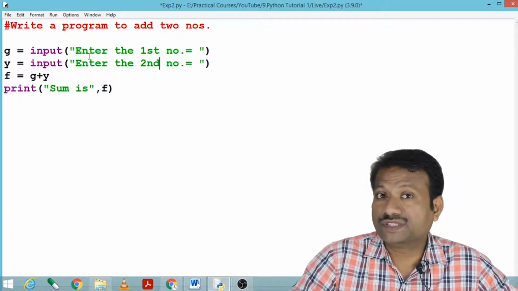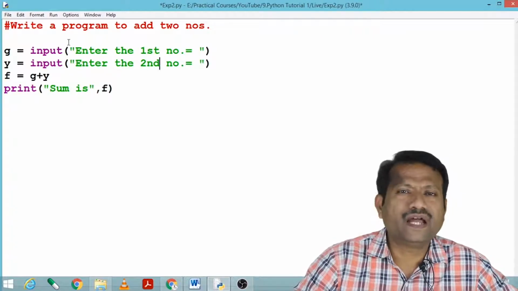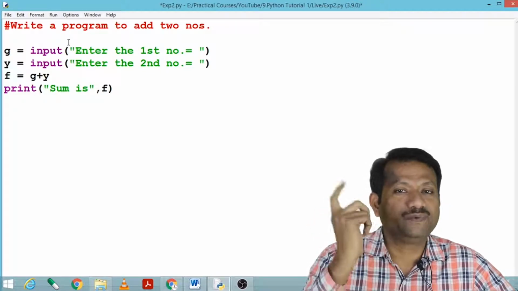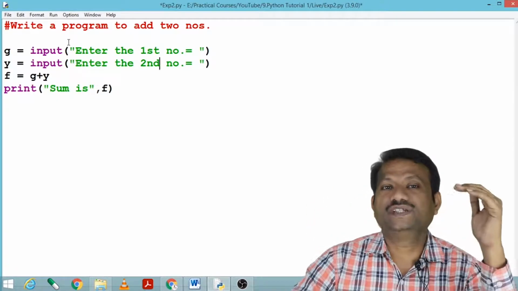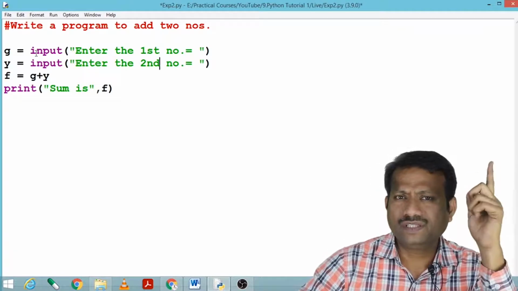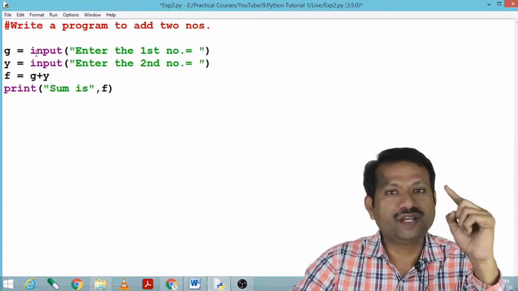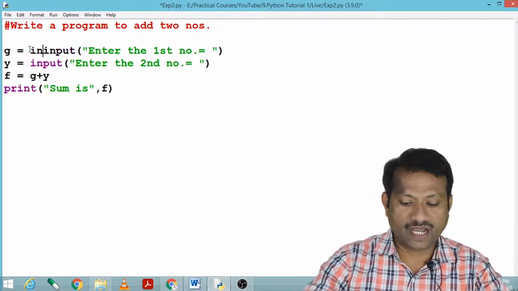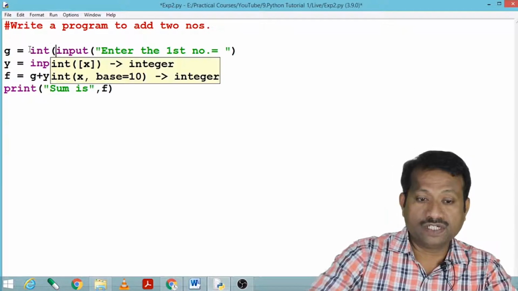But we have seen in the previous video that the input function gives the data as a string and we need to convert that into an integer, as we have to do integer addition. We have seen in the last video that if we need to convert a string data type into an integer, we just have to write int in front of the string data.